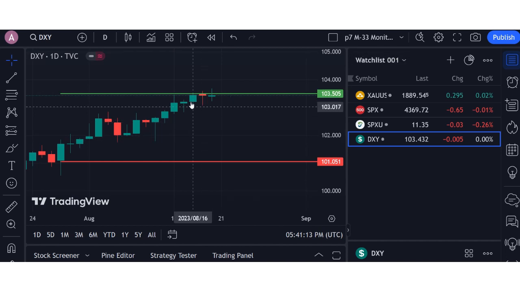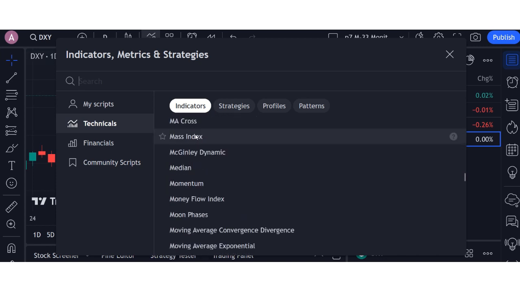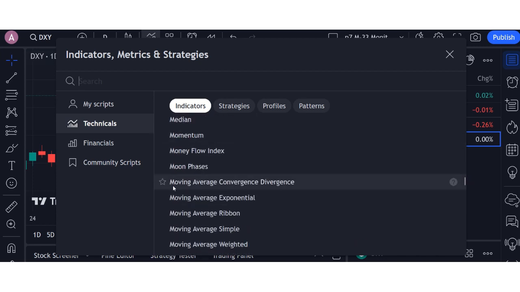So we now have about as clear a version of the basic display and watch list as we're going to get. The next step then becomes adding the indicator that gives us the magic that we call M33. So you come to the indicator icon here, and under indicators you come down to the letter M, and you want moving average convergence divergence. That's the one that we use to build M33. Click on it